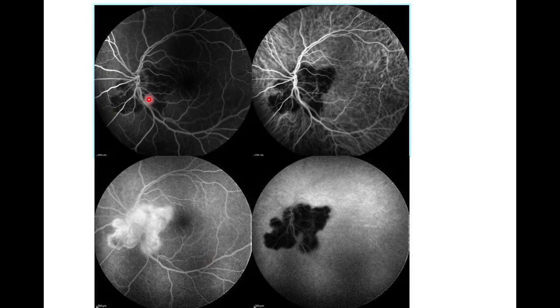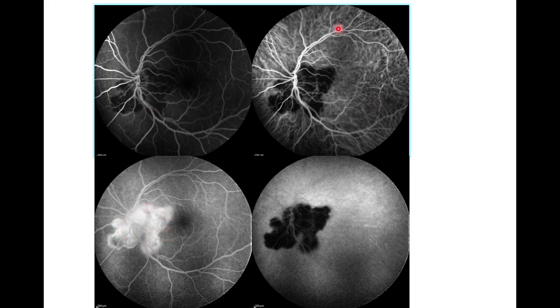So this is the fundus fluorescein picture of the left eye, and we can see the hypofluorescence. This is in the late venous phase, maybe in the late recirculation, because we don't see the actual disc staining here. So this is in the late venous phase. We can see the hypofluorescence in the fluorescein angiogram, which increases in intensity in the late phase, that is the hyperfluorescence in the late phase.